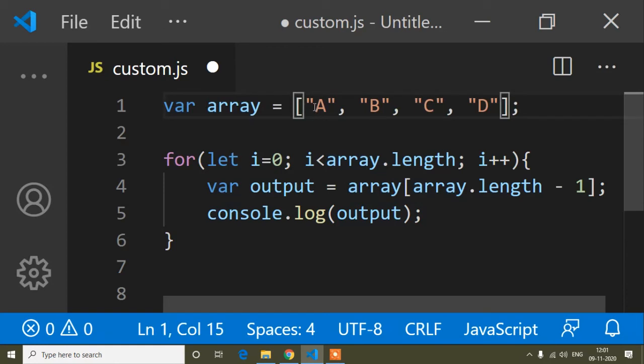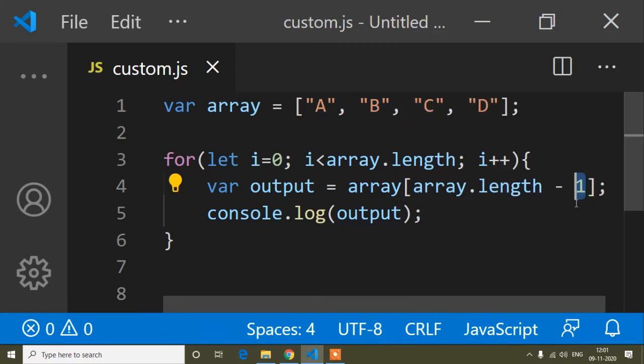If it started from 1, then 1, 2, 3, 4, and I could write only array dot length to show the last value. But it starts from 0: 0, 1, 2, 3. So the last index is 3. That's why array dot length, which is 4, minus 1, which is 3. So that's why we use -1.